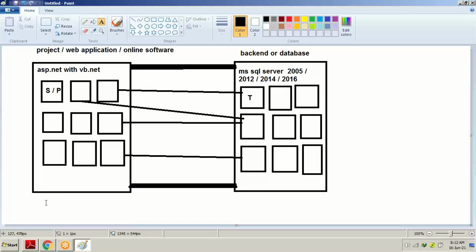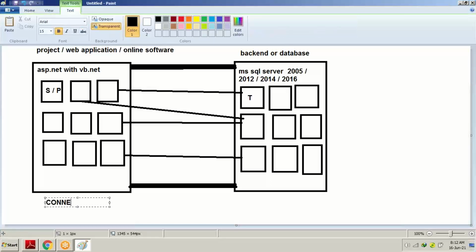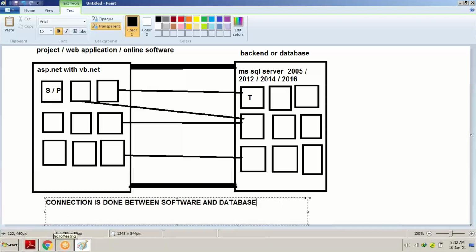Let me write it down over here. Connection is done between software and database. First, the connection is done between the software and the database. What is software? Our project, the front end.